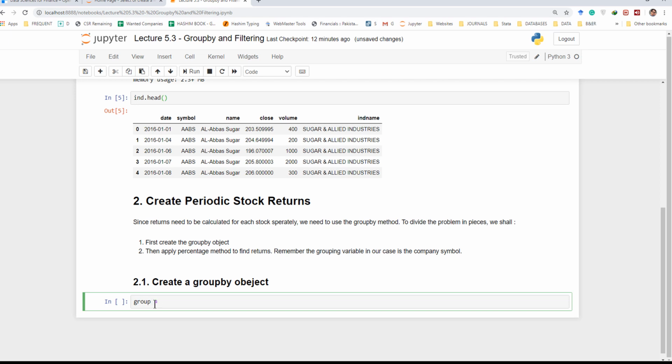The grouping variable, I'll call this grouping variable, the grouping object, I'll call it group, and I'm applying it to the IND data frame. Remember, IND data frame is the Pandas frame, and Python knows that since it's a Pandas frame, the group by function will come from the Pandas library. So group by,